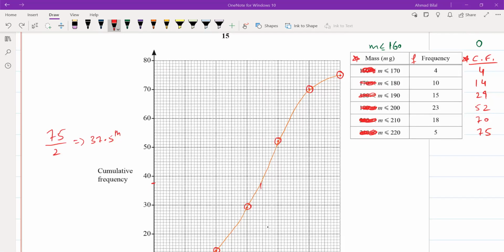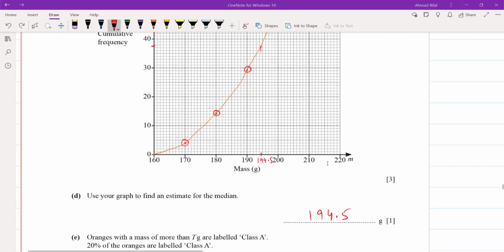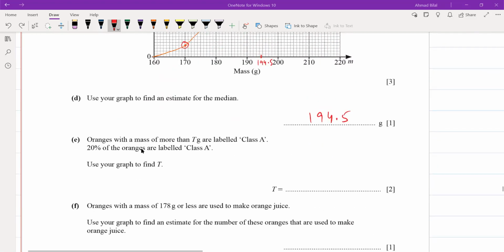Okay, so that is what we get। All right, so that is our graph, that is our median। Okay, so then it says oranges with a mass of more than t grams, अब ये t कोई वैल्यू है, मुझे हमें नहीं पता वो क्या है, are labeled class A। Okay, now 20% of the oranges are labeled class A। Use your graph to find the value of t। देखिए टोटल कितने ऑरेंजेस थे, टोटल नंबर was 75, total was 75।